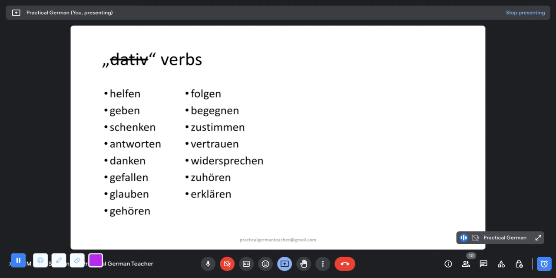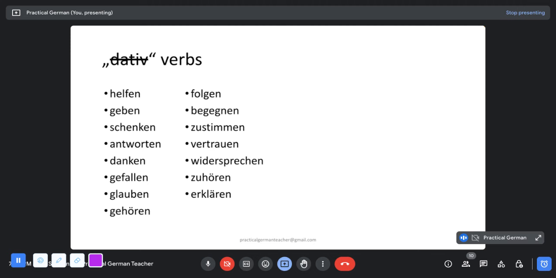Then let's come to when an object is nominative. Just a few cases: when you are using the verb sein, when you are using the verb heißen, and sometimes when you are using the verb werden. Then accusative and dative. If you have subject, verb, and object, and someone only says subject and verb, and to find out what the object of the sentence is, you can find that with the help of a what kind of question, it is accusative. If you can find that information with the help of a whom kind of question, then it will be